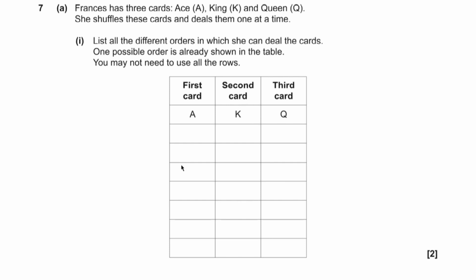So we've got A, K and Q for the first, second and third cards respectively. We could have A for the first, Q for the second, and K for the third. We could have K first, then A second, then Q third, or we could have K first, Q second, and A third. Or we could have Q first, A second, K third, or we could have Q first, K second,